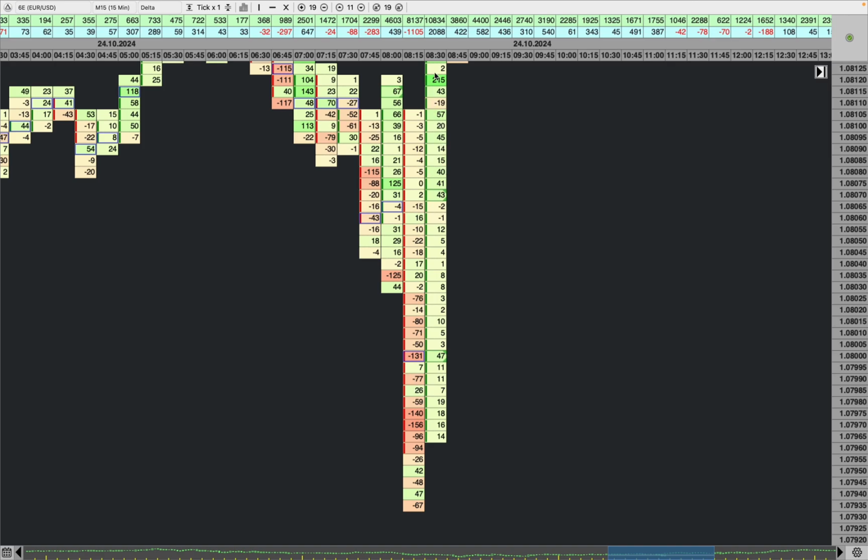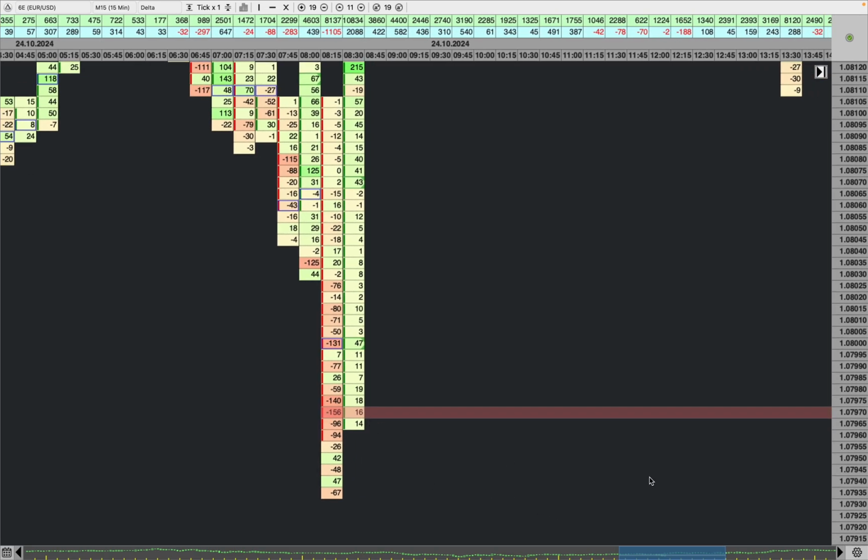This is that 8:15 candle, and you can see that it's actually flashing really red here, so this is very good and interesting to us. However, you always want to take just the biggest number, and this is the biggest negative delta value, so 156. So that is all I am interested in, and I'll mark that as the red delta,